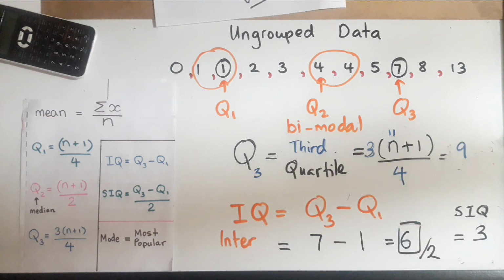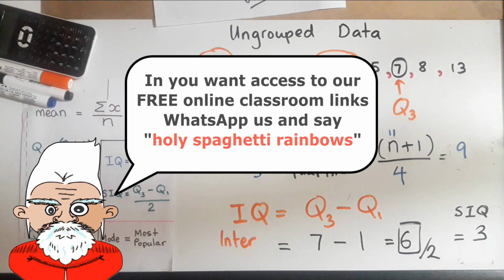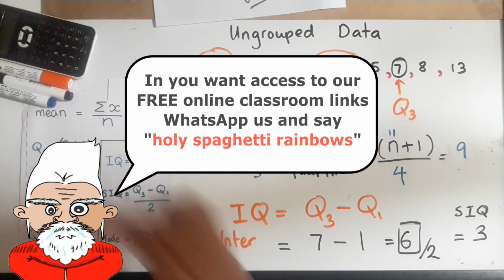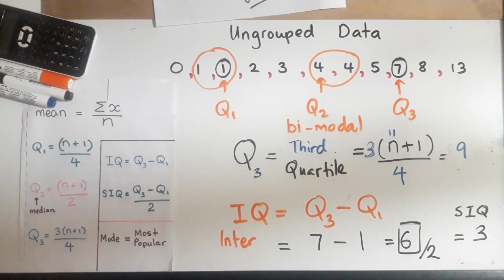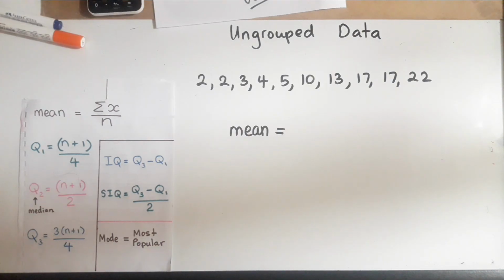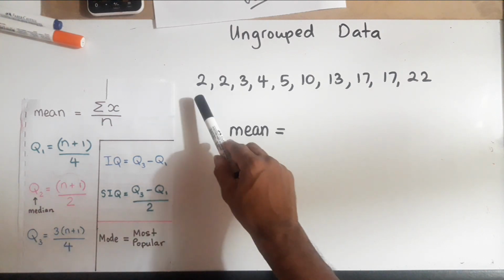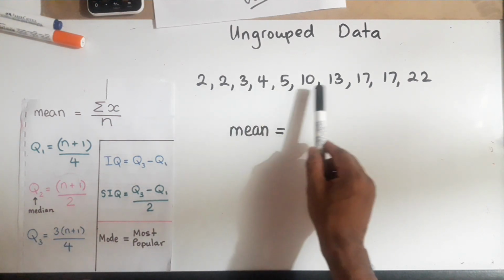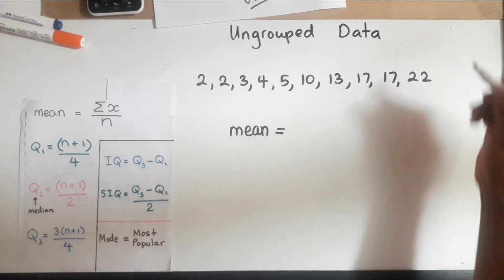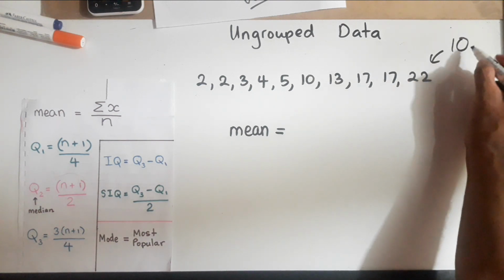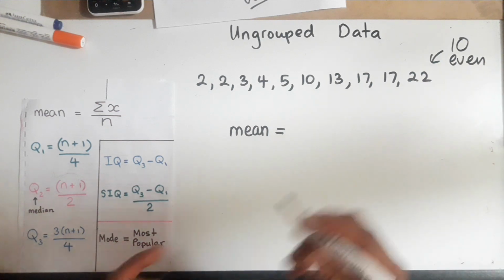All right, guys. So give me a few seconds, and I'm going to put the even set of numbers, and we're going to do this back, but it's going to be a little bit harder. When it's even, it's harder. All right. So let's say now we went to another place and we asked people how many slices of pizza they can eat. This time we asked 1, 2, 3, 4, 5, 6, 7, 8, 9, 10. So there are 10 people in all. So this is an even question now.